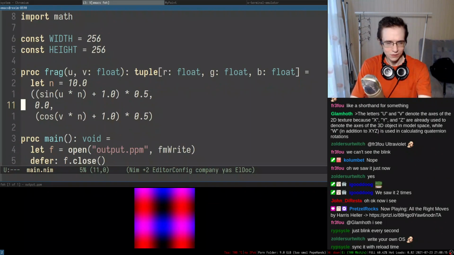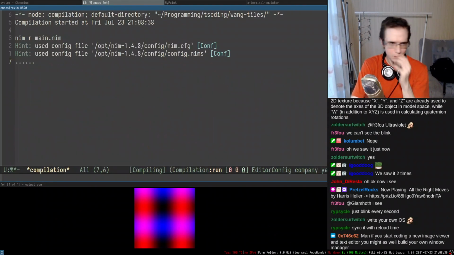Alright, so we have something like this, and for the other things we can do something like u plus v multiplied by n, multiplied by n, and that plus 1 and multiplied by half. And there we go.